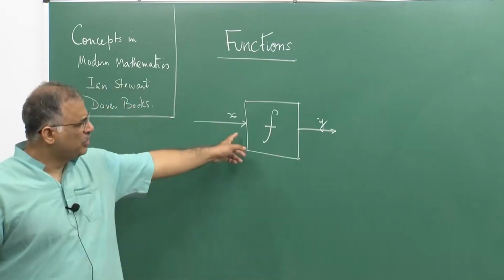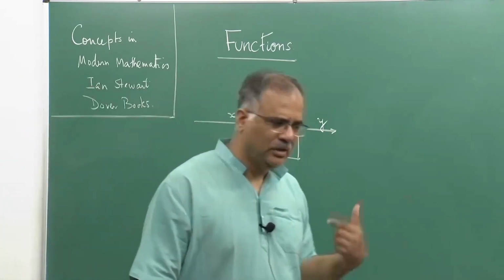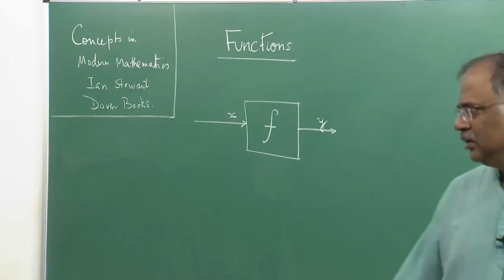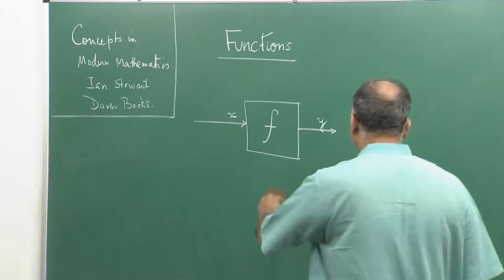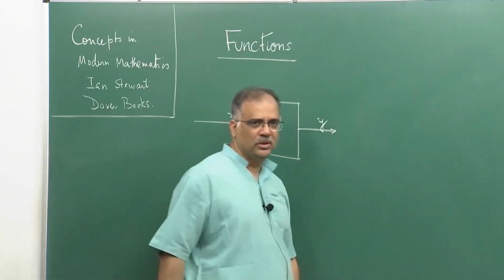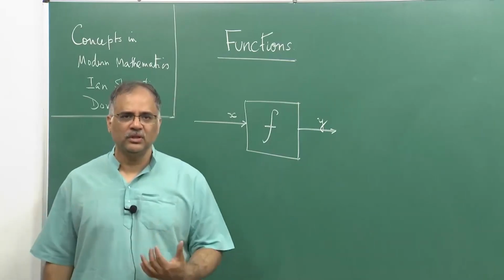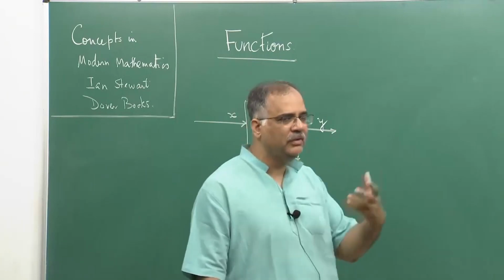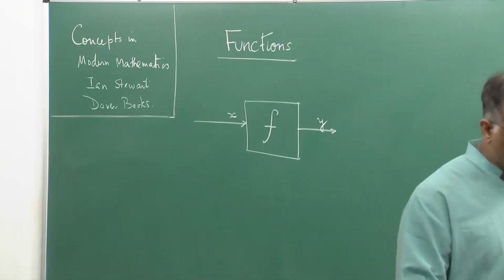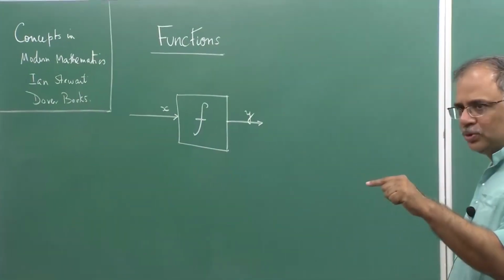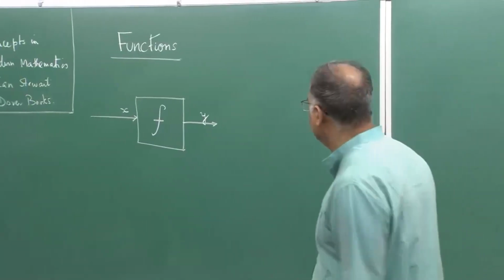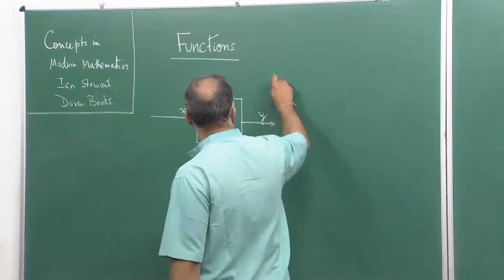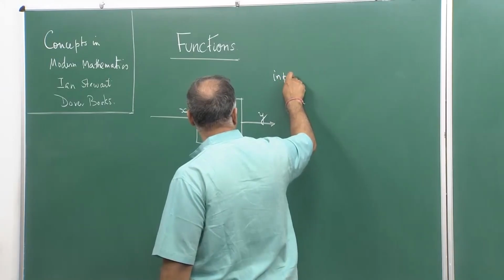So, for every input x there is a unique output y, but if there is more than one output, then I will never call such a machine a function. So, this uniqueness of y is a very important thing. So, it is a machine where every input has a unique output. So, the key idea